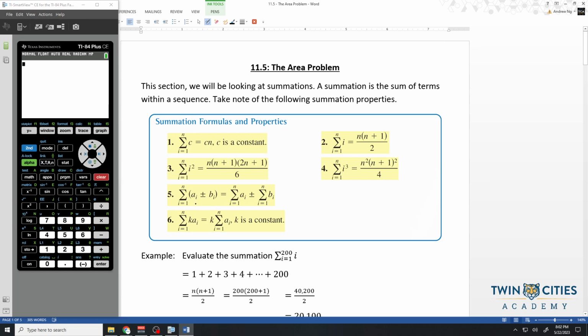And then the following properties here are saying if I've got multiple terms of my summation, I'm adding this term plus this term, I can break that up into 2 separate summations then, the summation of the first term plus the summation of the second term. I could also do that with subtraction. The summation of this minus this will be the first term's summation minus the second. That'll help breaking things up will help solve things later on,